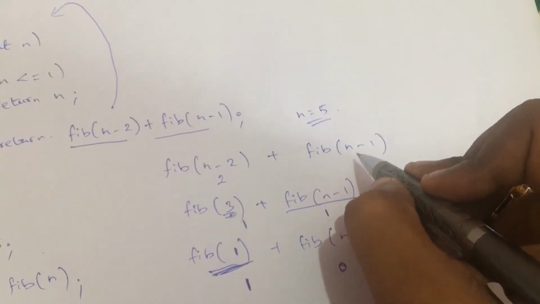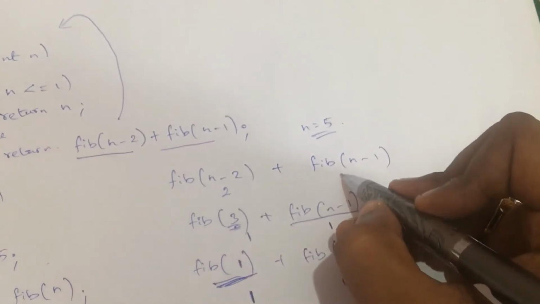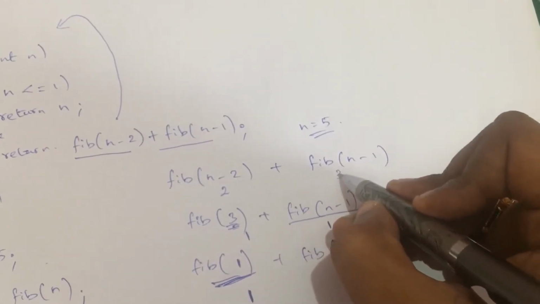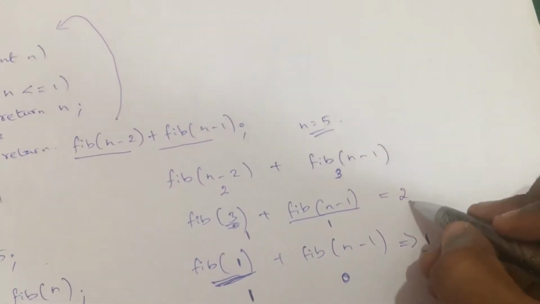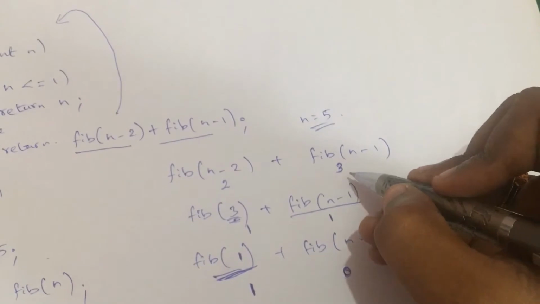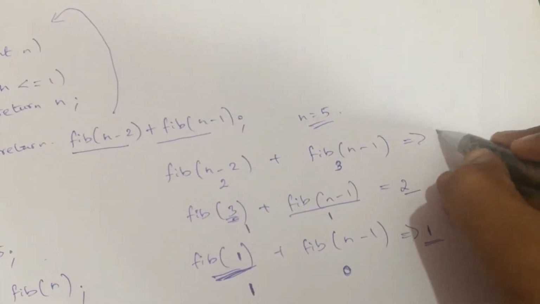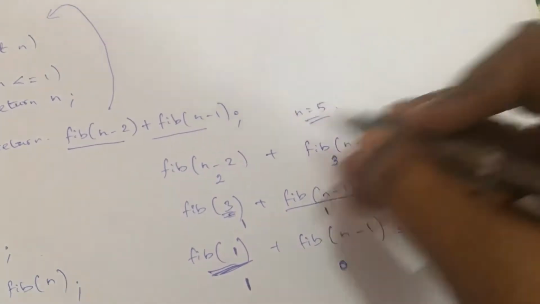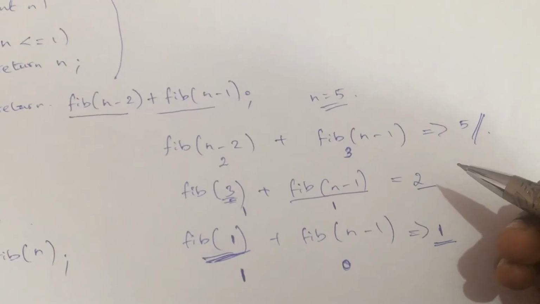So when I call 4, 4 will actually call 3 as well as 2. So what happens is, here 2 and the final value 3 will be generated, right? So 2 and one more value 3 will be generated, that is, we will be adding this value and this value, so it will give you the number as 3. So when I receive the number as 3 and here it is 2, overall I'll get the final output as 5. So this is how the Fibonacci sequence or the advanced recursion process works.